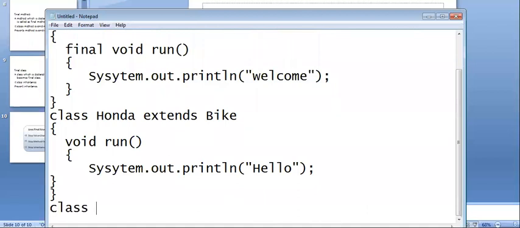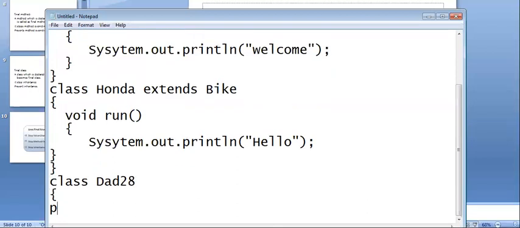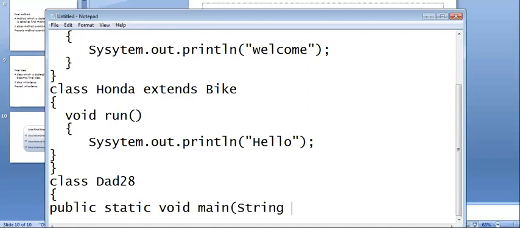You can go to the class and create public static void main(String[] args).